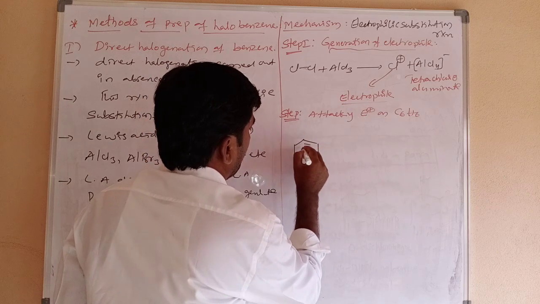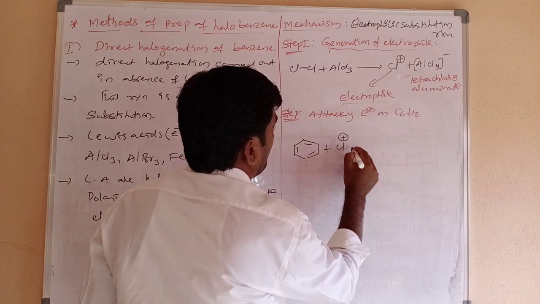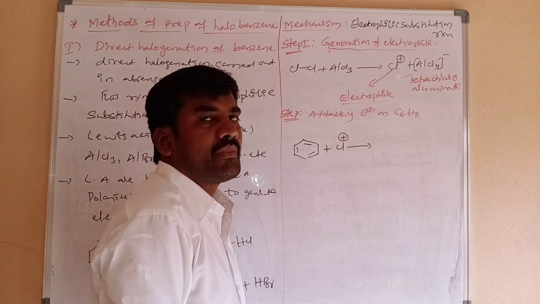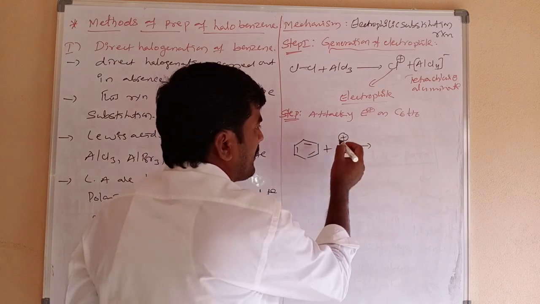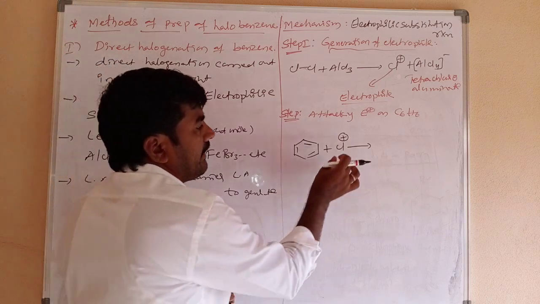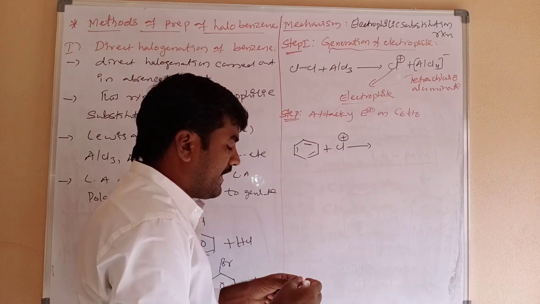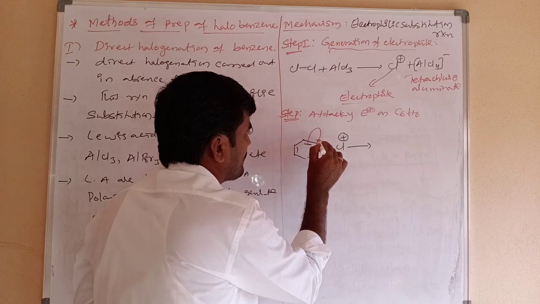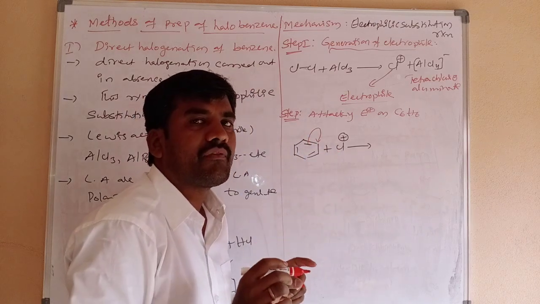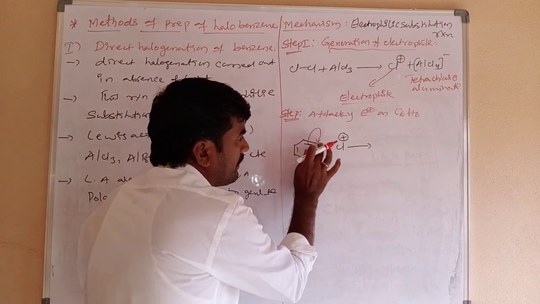This is the benzene. Alternate multiple bonds are there. Now the electrophile attacks benzene to form sigma complex or arenium ion. What about the electrophile? It is electron deficient; positive charge means electron deficient. Now when this chlorine attacks this carbon atom, the pi bond shifts towards any one of the carbon atoms. For example, this pi bond shifts towards this carbon atom. What happens at this carbon atom? Negative charge is there. What is the meaning of negative charge? Pair of electrons. Clear?